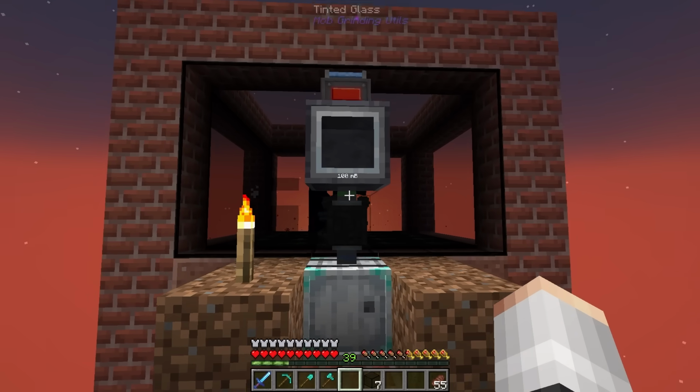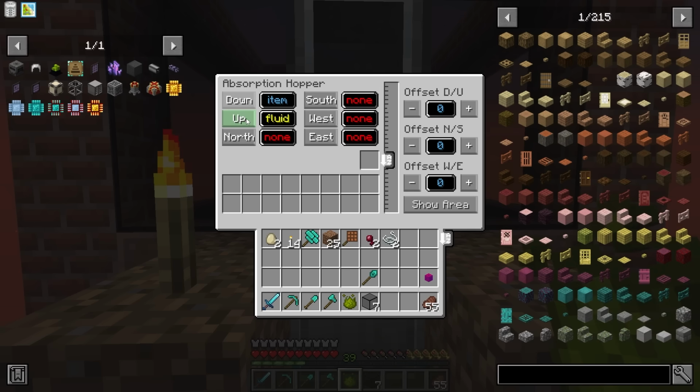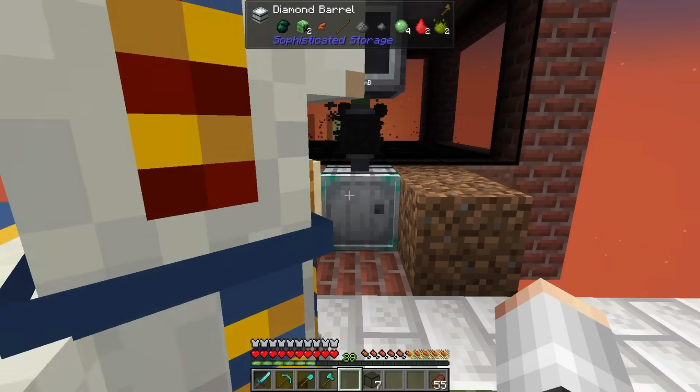And that's a mob farm. We are using an absorption hopper to collect all of the drops and experience for us. All the items will end up in this barrel, and the experience...